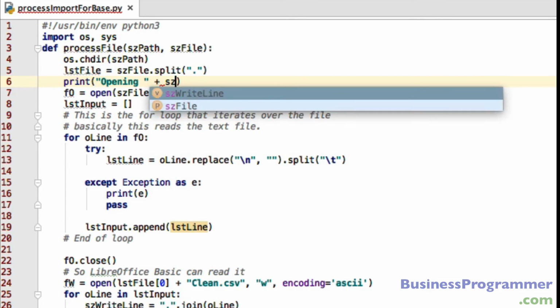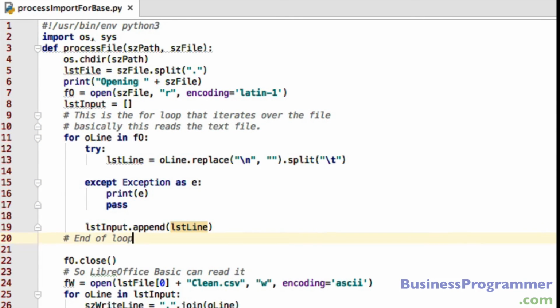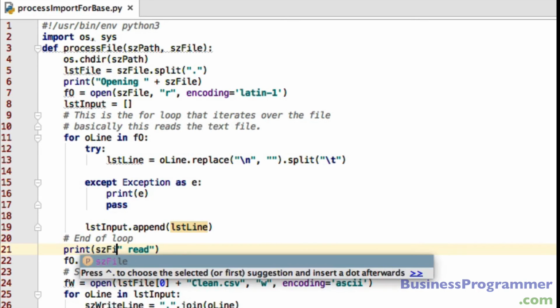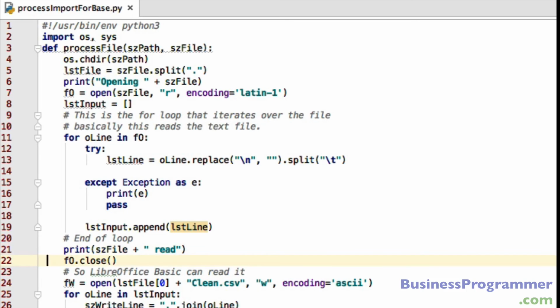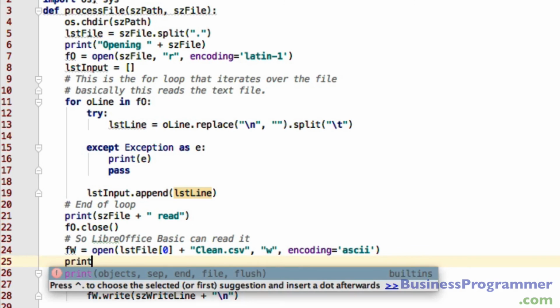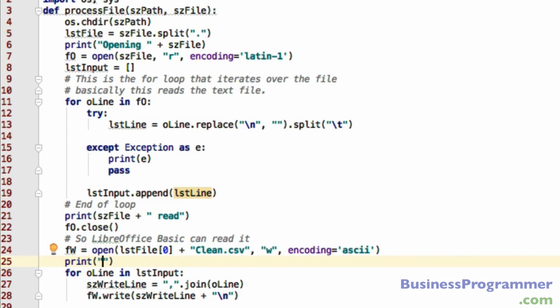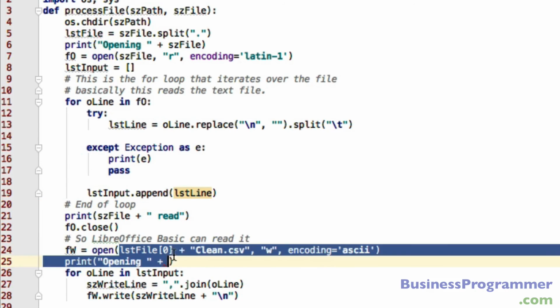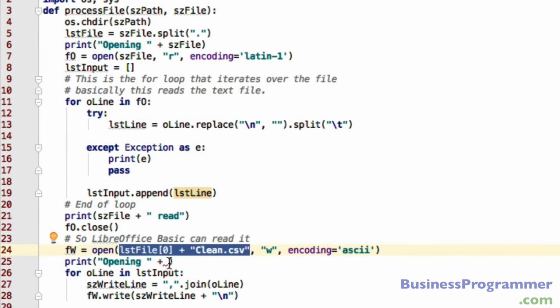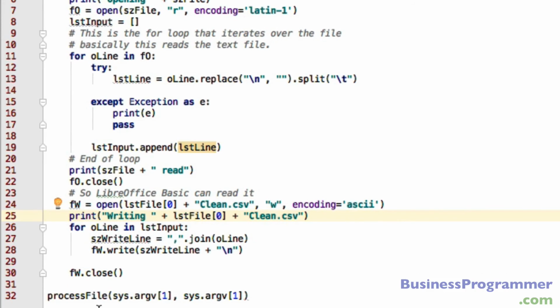Opening, and I'll put file name. Okay, and I'll put here file read, print. And what I'll put here is file read, and now I'll put print opening, and then I'll type here